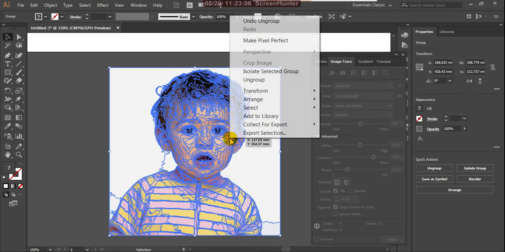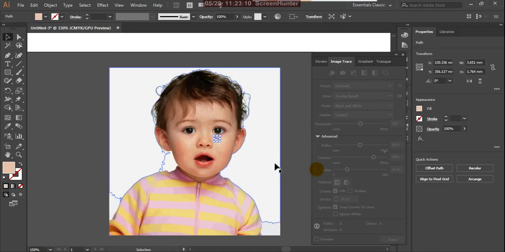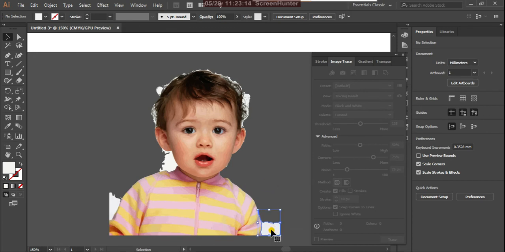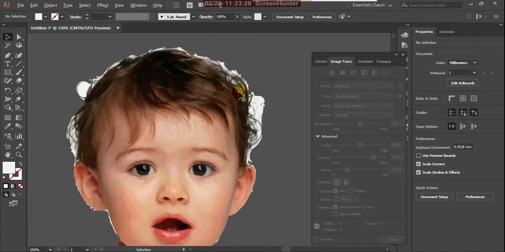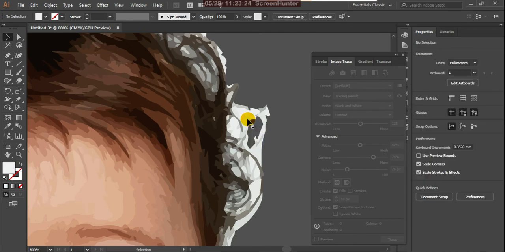Okay, by pressing the ungroup button, each and every path is ungrouped, and now you can remove your unnecessary things, like the background. You can select each part and delete them.